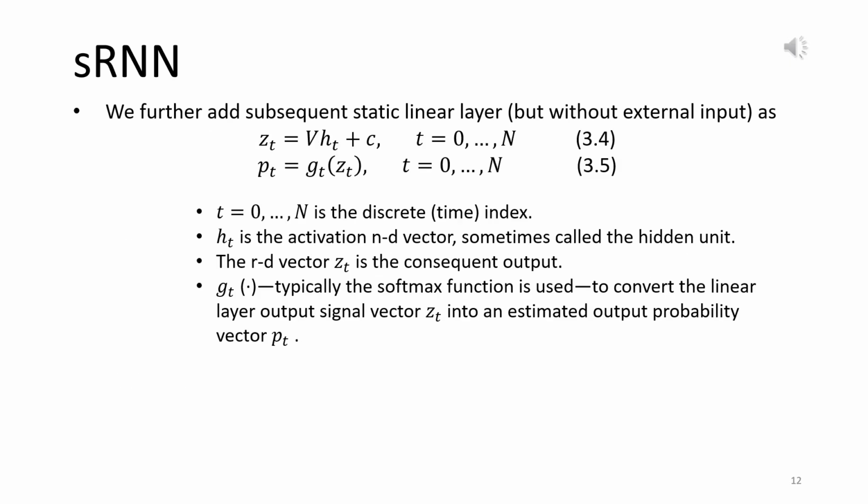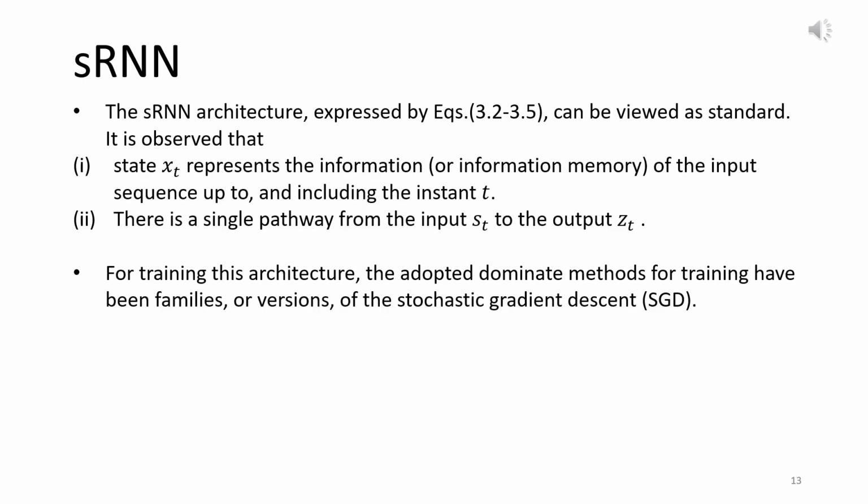As shown in the figure on page 6, the SRNN has an output layer which is defined in equation 3.4 and the output probability is defined in equation 3.5, where Z_t is an r-dimensional output vector and P_t is the output probability vector. As shown in the figure, the output probability is usually obtained by applying the softmax function. We have seen equations 3.2 to 3.5 in the previous chapter, which is a standard definition of a simple recurrent